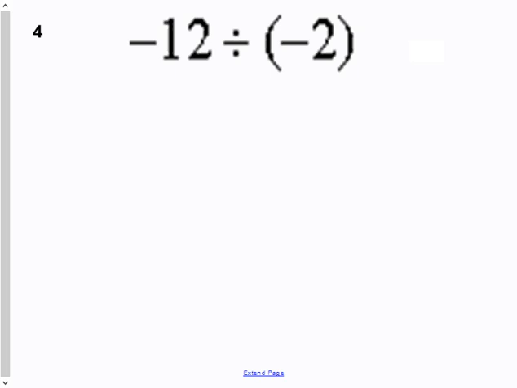All right, so the first thing I'm going to do is 12 divided by 2. And $12 divided between two people is $6 each. So 12 divided by 2 is 6. The next thing I'm going to do is check out what my signs are. And if I look at my signs here, I'm going to grab my highlighter. This is a negative divided by a negative. Those are the same signs. And when you multiply or divide, if you're dividing the same signs, you will always end up with a positive final answer. So the quotient, or the answer to this division, is positive 6.